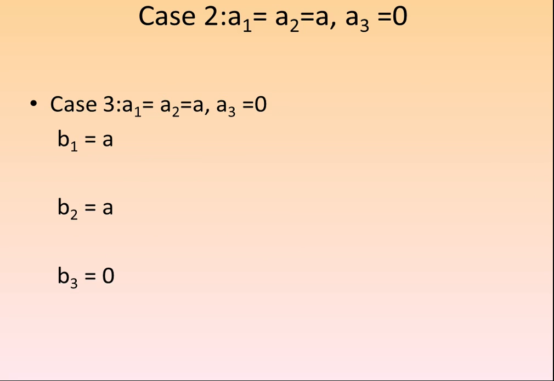Consider case 2, where A1 is equal to A2 is equal to A, and A3 is equal to 0. So we are applying inputs at port 1 and port 2, which are the same input, and we are applying nothing at port 3. So if we substitute these values of the inputs in the previous basic equation, B is equal to